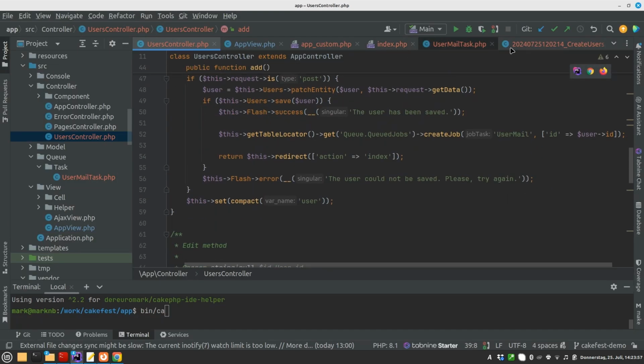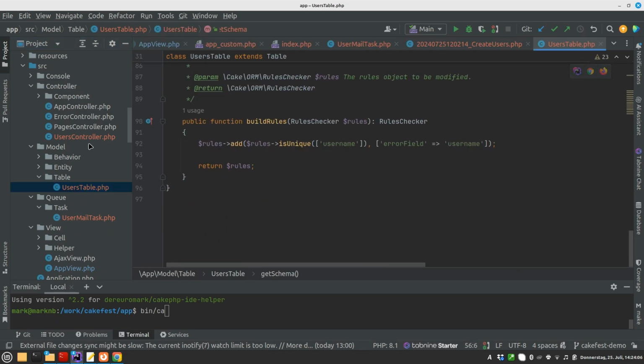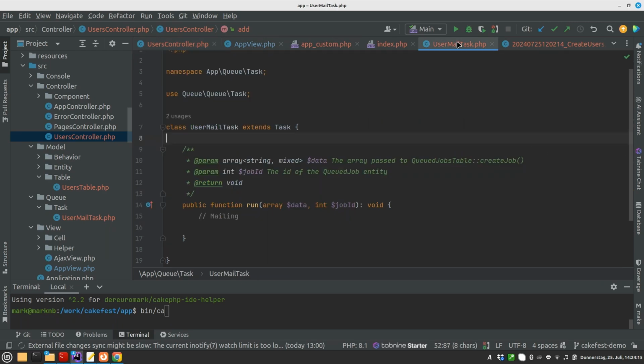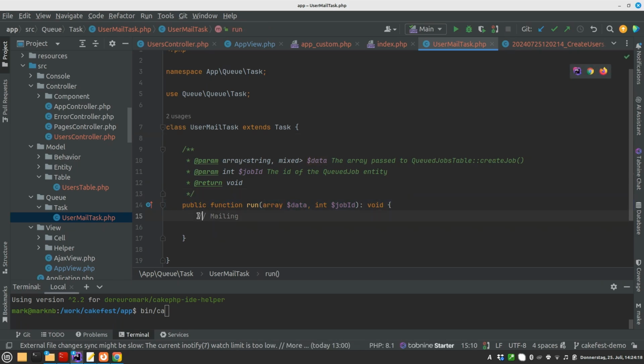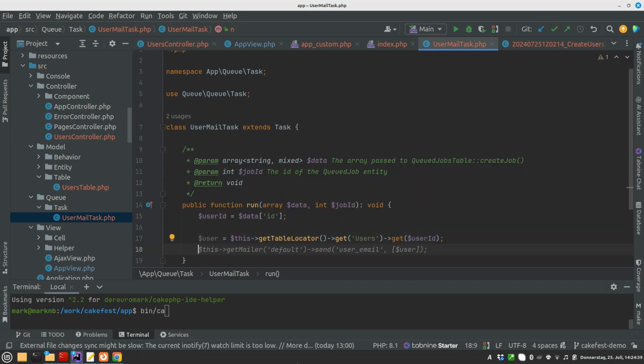So we have our app. Where's the table? We have our users table now. Sorry, our users controller automatically adding this user mail with some kind of ID. In our user mail task, part of the data will now be the ID. So user ID is actually data. It's almost smart AI, but not quite. So this is actually the ID given. We can do a user equals this get table locator, get users, get user ID. So this should give us the user,